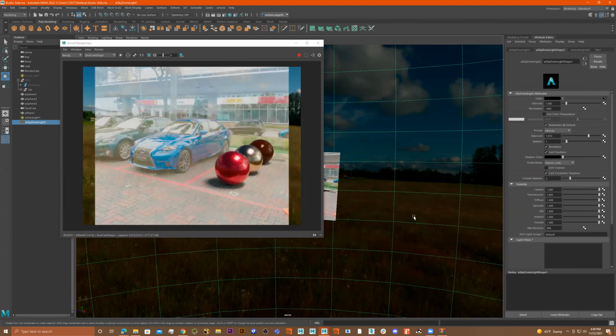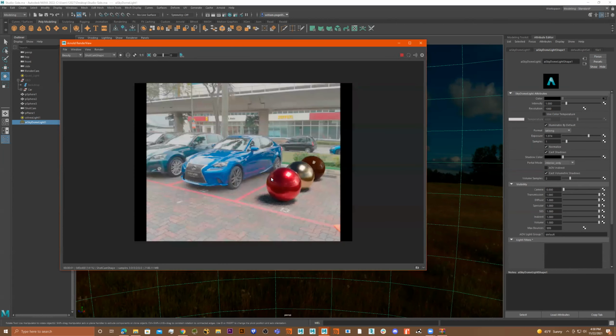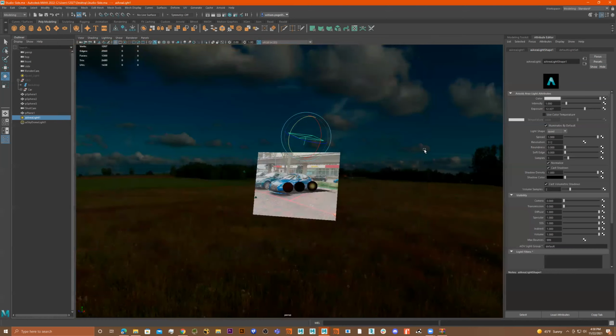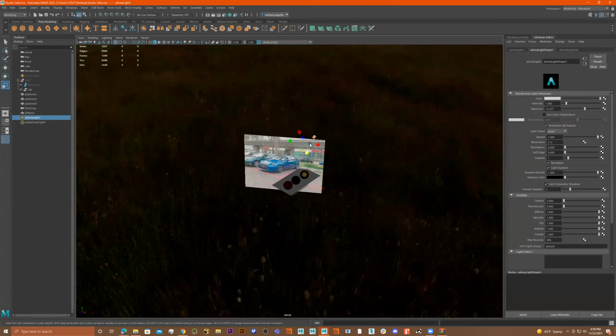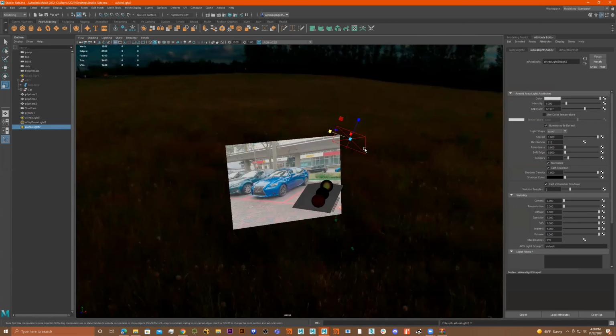Something else about this HDRI, if we want to turn off the visibility, we just go to 0 over here. And then we can't see that in our camera. Look, we got something that kind of looks like it belongs. It's just about adjusting these lights a little more. So maybe that's too bright. Maybe it needs to be a little bigger. And then maybe I need to duplicate it